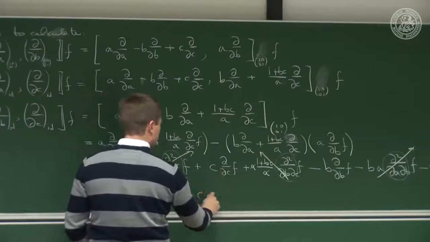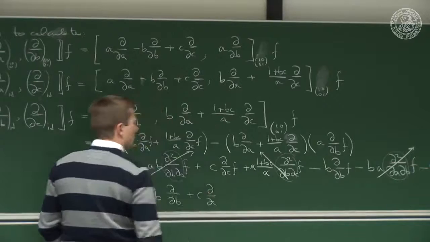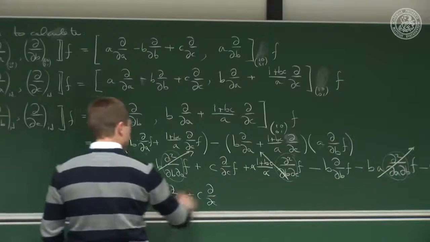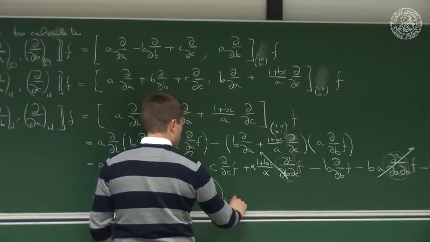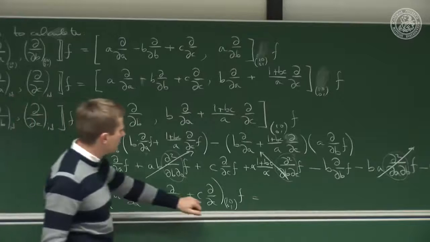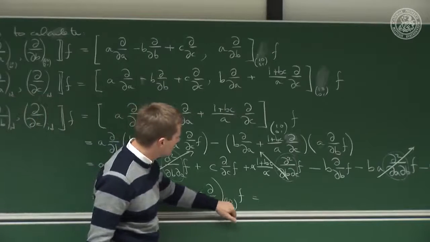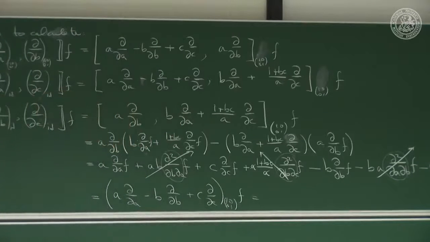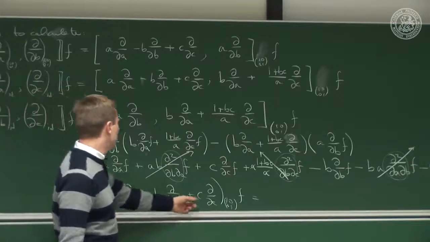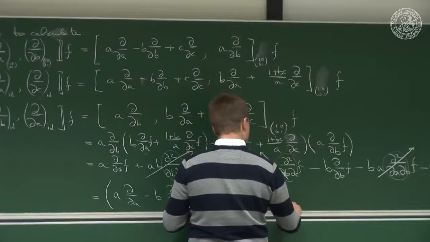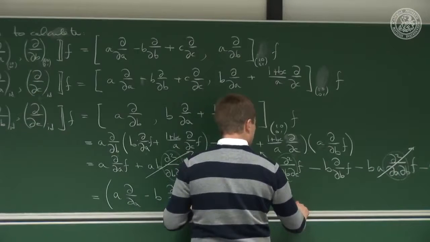And we have the plus C d by dC on F. But we want to evaluate this at 1, 0, 0, 1, acting on F. And you know that the coordinates in the first chart we chose of 1, 0, 0, 1 is ABC. So it's 1, 0, 0. So only A is non-zero. A is 1. That's this guy. And those two guys are gone. So we get d by dA at the identity